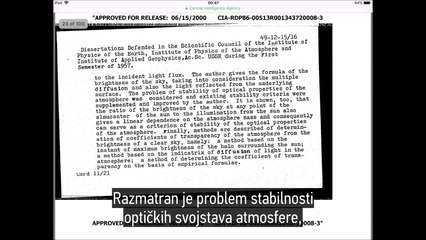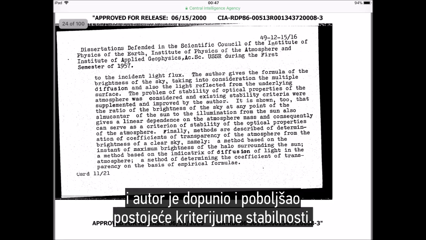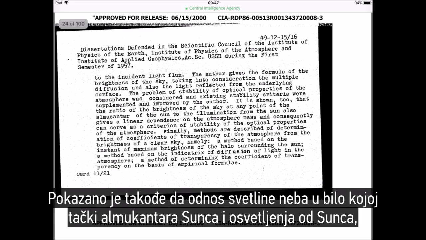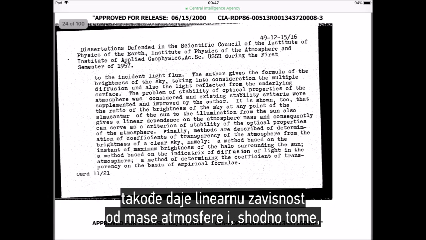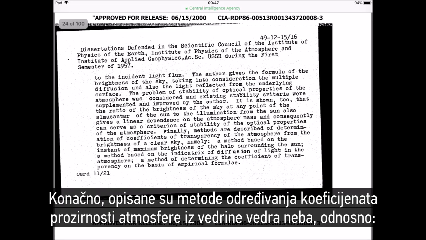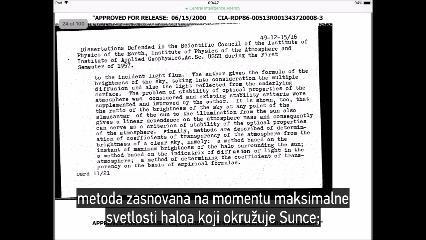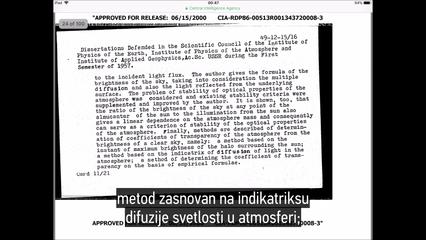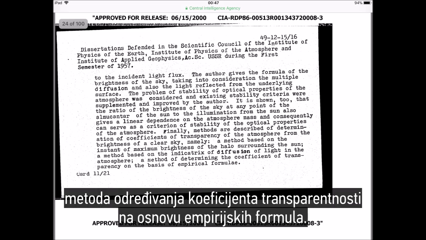The problem of stability of optical properties of the atmosphere was considered, and existing stability criteria were supplemented and improved by the author. It is shown too that the ratio of the brightness of the sky at any point of the almucanter of the sun to the illumination from the sun also gives a linear dependence on the atmosphere mass and consequently can serve as a criterion of stability of the optical properties of the atmosphere. Finally, methods are described of determination of coefficients of transparency of the atmosphere from the brightness of a clear sky, namely, a method based on the instant of maximum brightness of the halo surrounding the sun, a method based on the indicatrix of diffusion of light in the atmosphere,